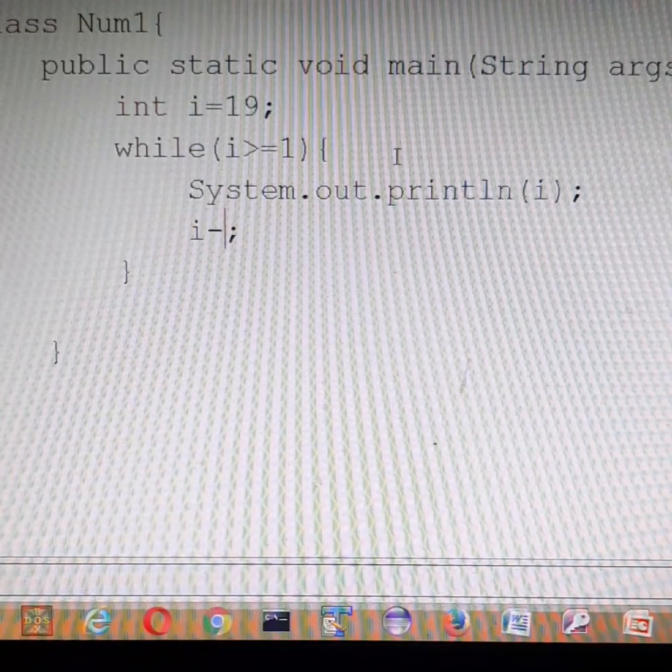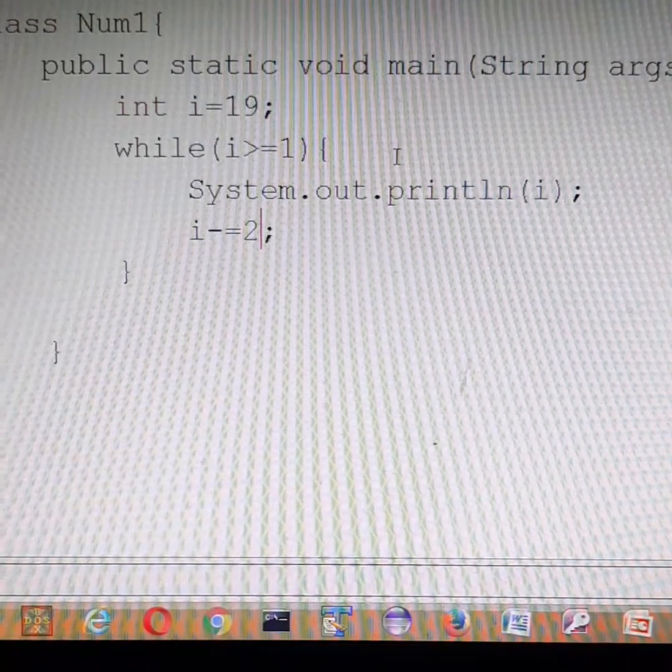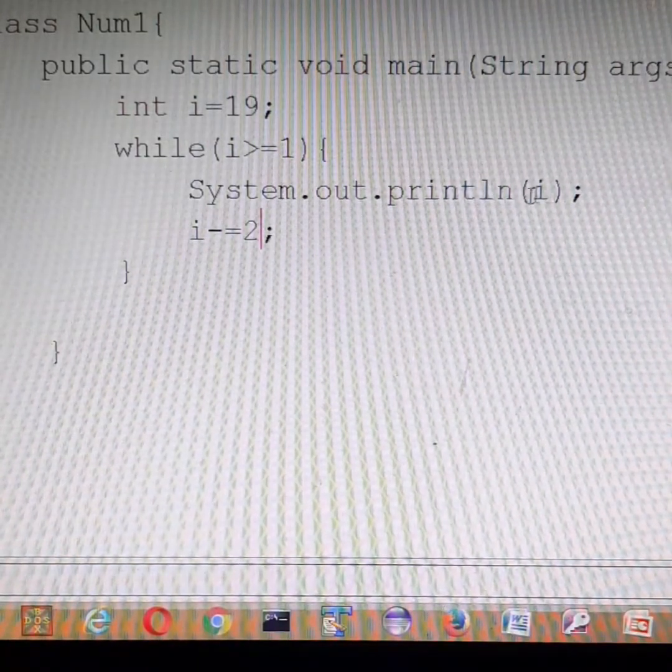We can also decrease it with 2. I minus equal to 2 means from 19 subtract 2 you get 17, the other odd number. 17 is greater than equal to 1, 17 will be printed. Then 17 minus 2, 15. 15 will also be printed and so on till all the odd numbers are printed on the screen.